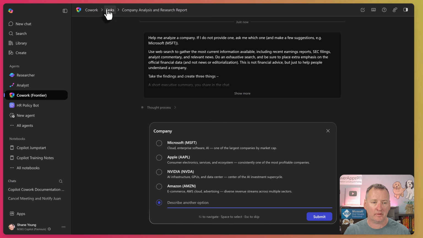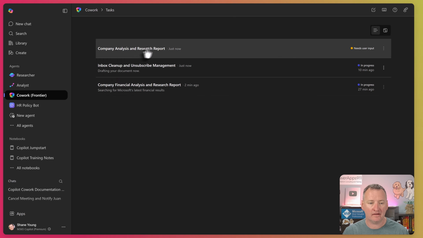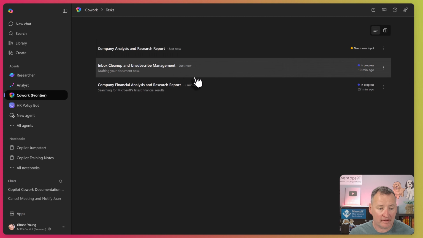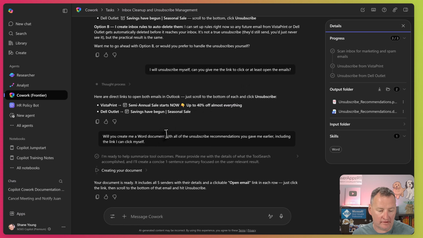All right, here, let's go over to tasks. Once again, we'll leave that. Oh, look, it knows it needs my input, so there's a nice dashboard of things it's waiting on me for. And this one here, if we go over, it looks like it says your document is ready. And look at that, in my output folder is both a Word version and a PDF. If we click on open folder in OneDrive,